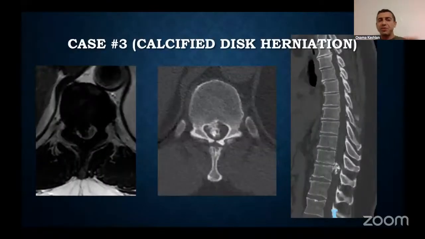So after you do that, this is like the hardest. Now you're at the boss level. You're at the last final level of whatever video game you're playing. And this is where you get the calcified disc. This is someone who came in with more chronic myelopathy symptoms, got to a point that he really couldn't walk, and had weakness in that right leg. And you can see here, huge disc herniation, super calcified.